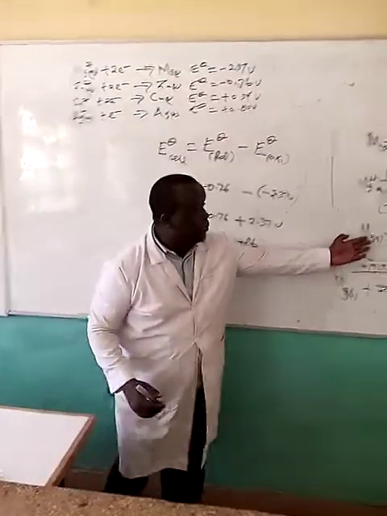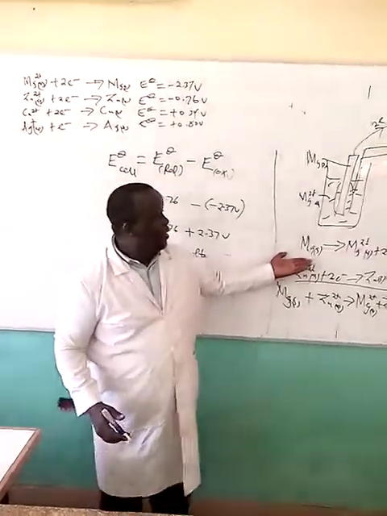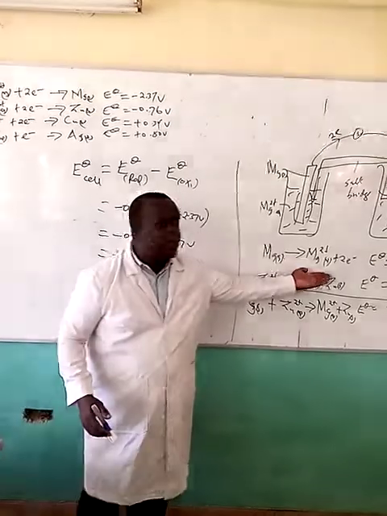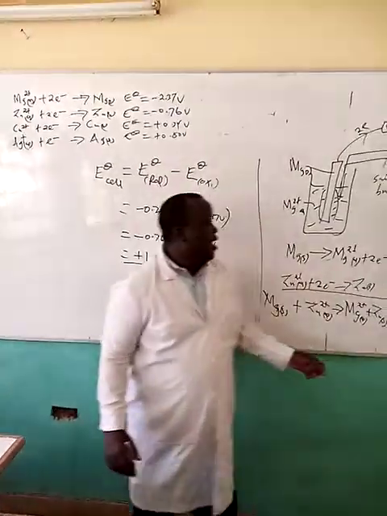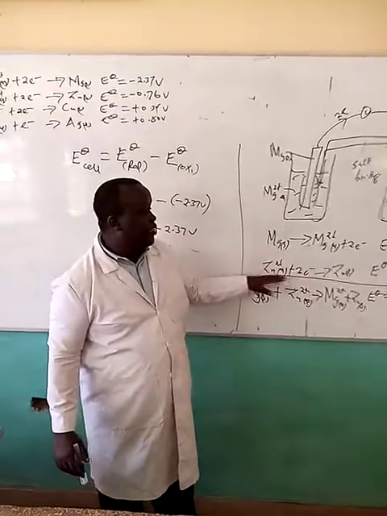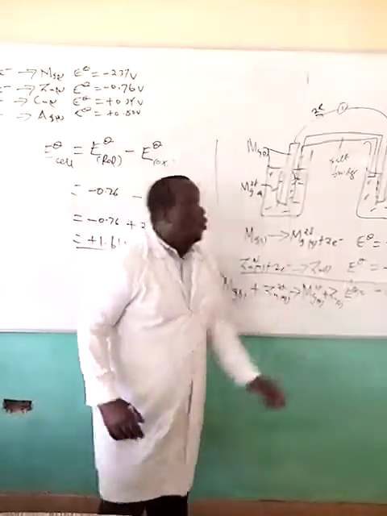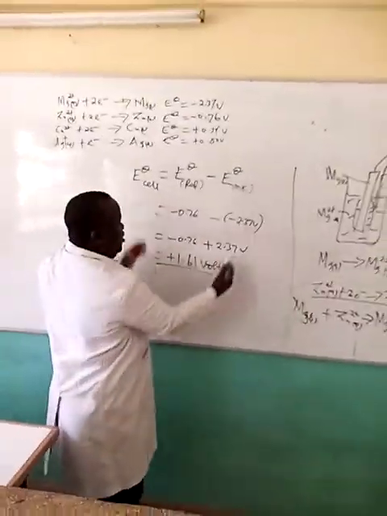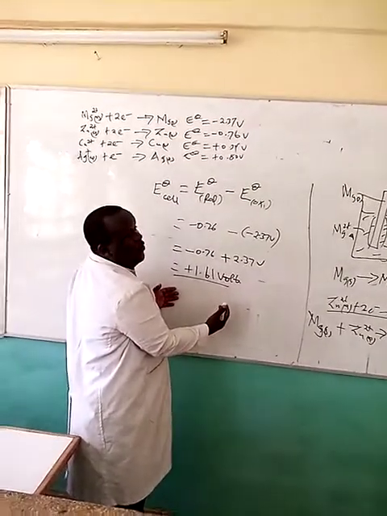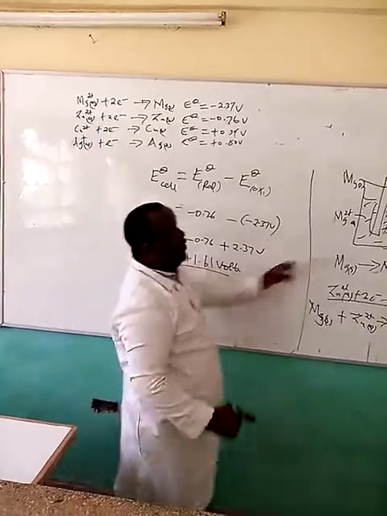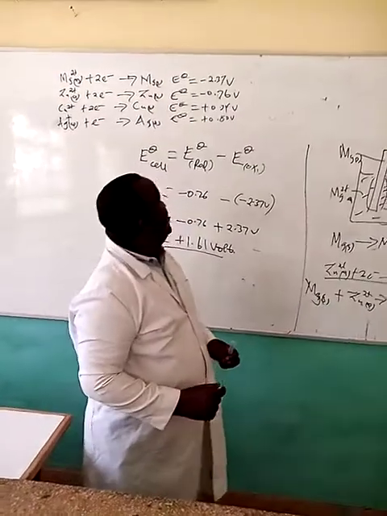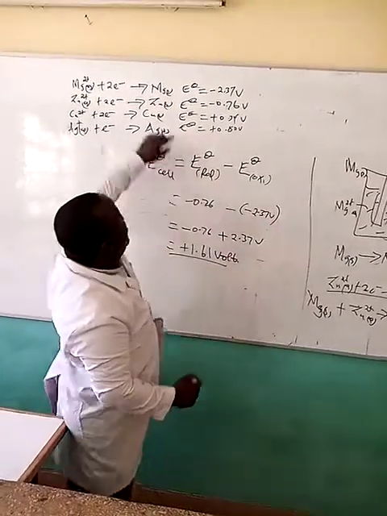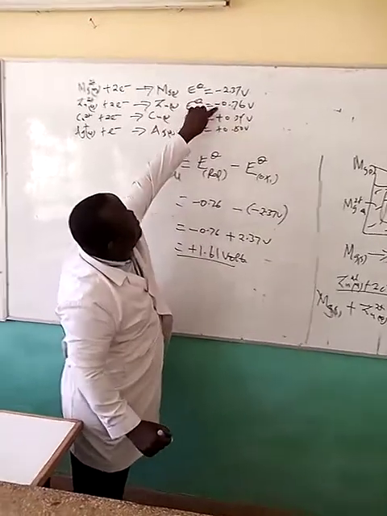So there are two approaches you can use to obtain the electromotive force of a cell. One, you can use this approach where you identify the half cell that undergoes oxidation, and then you interchange the sign, and then the half cell that undergoes reduction, and then you sum. Or you can use this particular formula to obtain the electromotive force of a cell. This is what will be deflected with the voltmeter. You also have a reduction potential. For example, here, the one that is negative and the one that is positive.